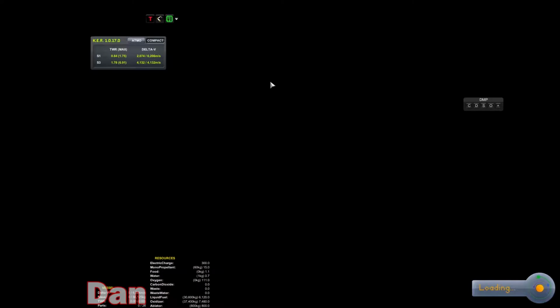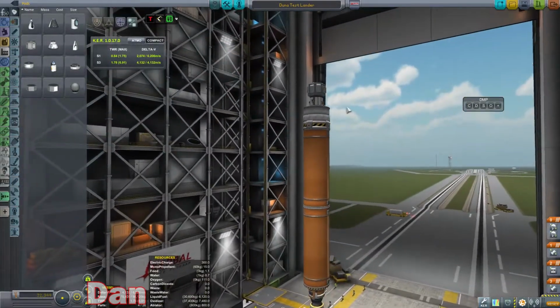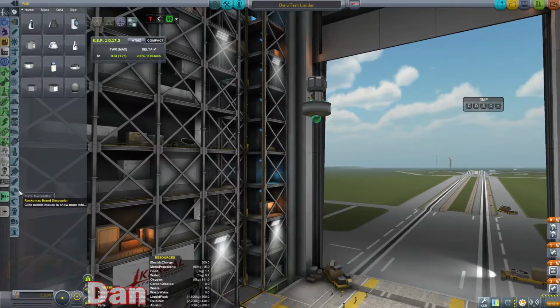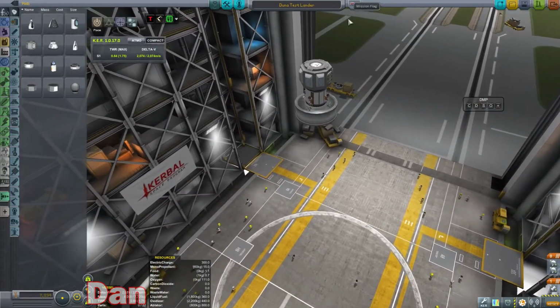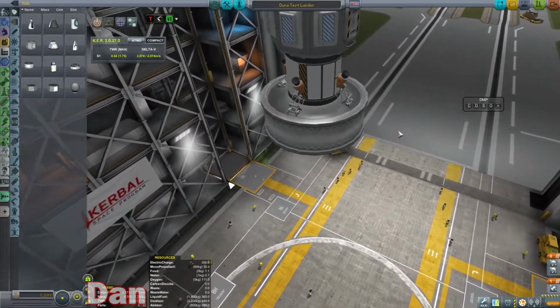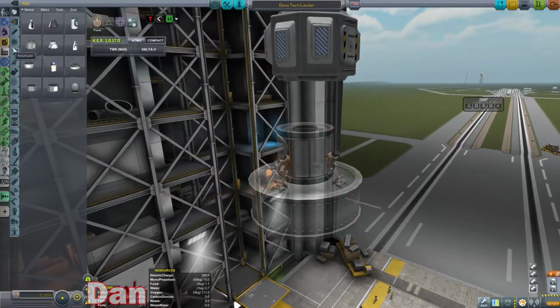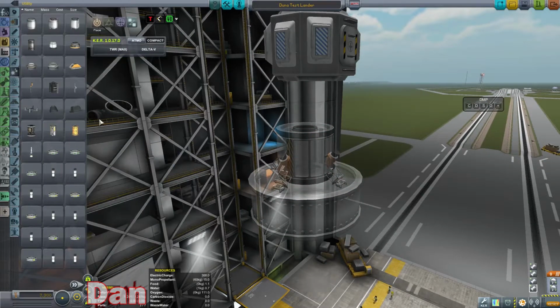All right, so let's come back in here. We've got the initial design for this lander going. We need to add some more things in here. We're going to ditch this ascent stage. We need to figure out the rest of the science here. So we've got this. So we're going to need maybe...